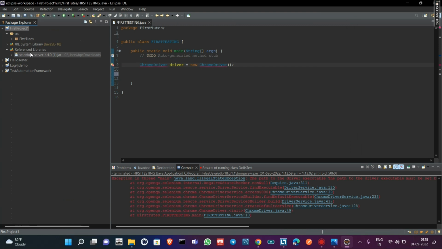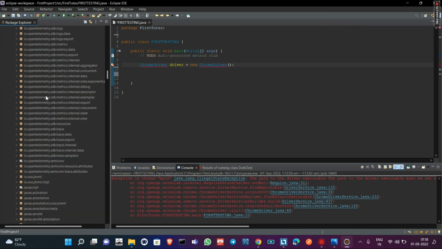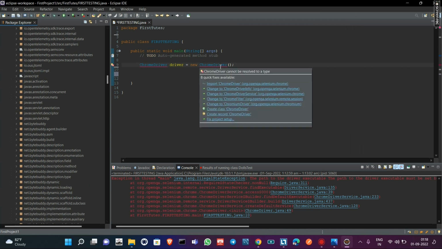These are the client libraries which we have downloaded from the Selenium official website. If you click over here and search whatever package it is suggesting, in this org.openqa.selenium.chrome we have the ChromeDriver class, and the ChromeDriver class has the methods that we will use to